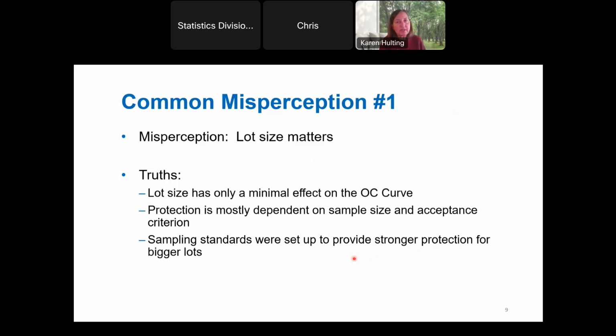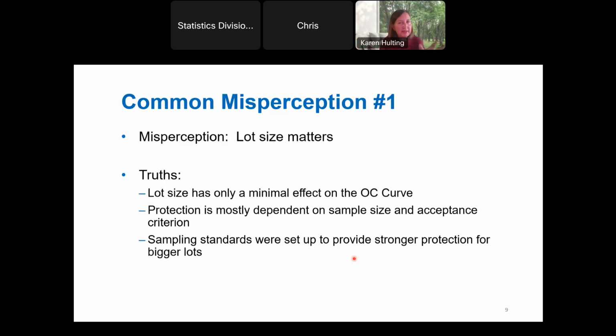So now we're going to go through a few misconceptions, then we're going to talk about how to deal with those misconceptions. So the first one is that lot size is a big deal in acceptance sampling. And it turns out that the lot size, how big of a lot, did I produce a lot of 100 units, or did I produce a lot of 1,000 or 10,000? Those lot sizes don't matter very much to the OC curve. They matter in other ways that I'm going to talk about, but they don't matter to the OC curve, so they don't matter very much to the AQL or the RQL.